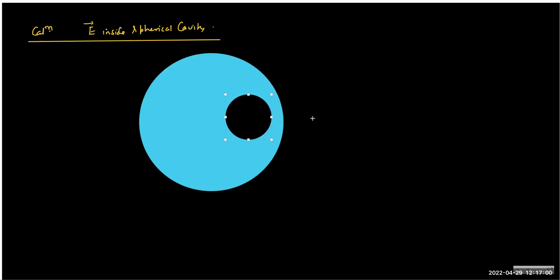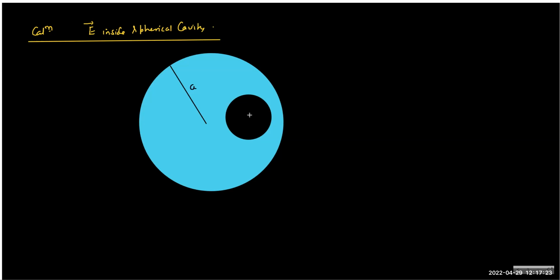So the cavity itself is spherical. Let's say the radius is capital R, or okay, I'll just make it different. Let's call it A,